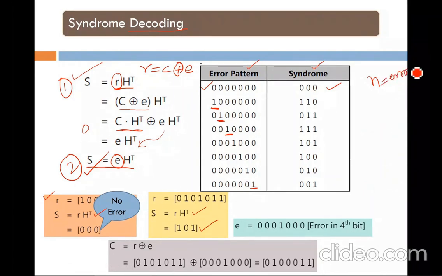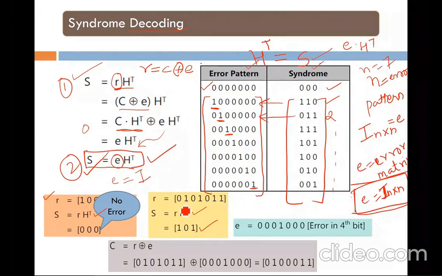The number of error patterns will be equal to n because we are considering that at a time only one bit will have an error. We are not considering 2 raised to n combinations. If we did, how many would there be? 2 raised to 7 combinations. And that is going to have multiple bits equal to 1, so that will indicate that there are errors in multiple bits. But what we are considering is that there will be an error in only one bit at a time, and according to that, there will be only n error patterns.